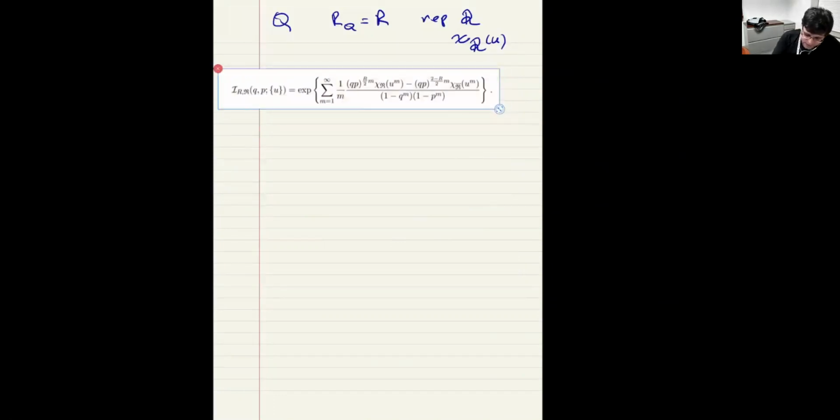Okay, so this is some function of Q and P and the fugacities for the Cartan generators of your symmetry group, and you get this type of an expression where you can think of the various terms which come into the index as coming from various components of this chiral multiplet. So, for example, this term in the numerator of this exponent comes from a scalar